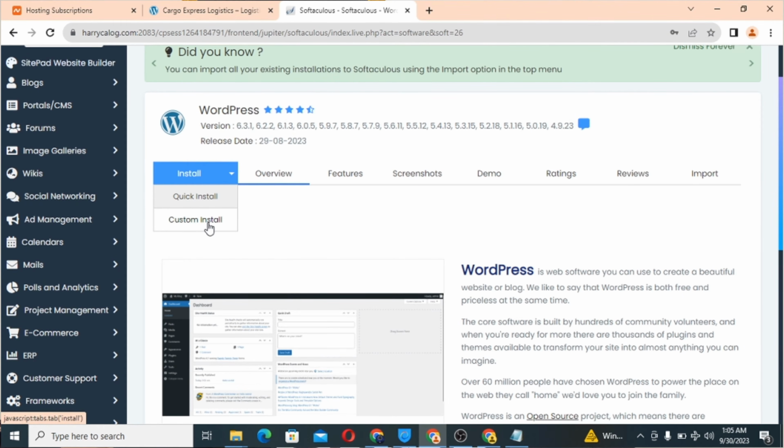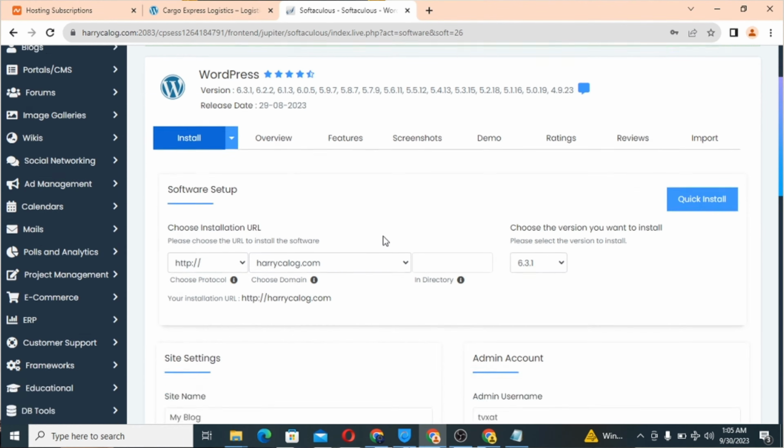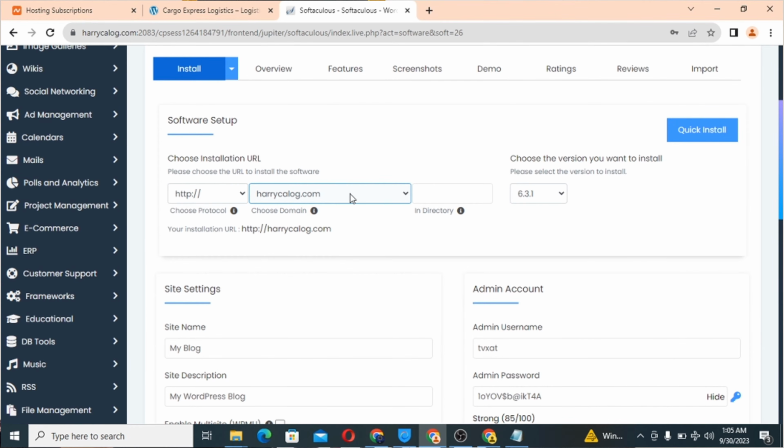All right. I want to install it on my root directory. So I will not put anything here. Let's assume you want to install your website. You want your WordPress to be, let's say, cargomaxidelivery.com/en or /wordpress or / anything. You can now put that in that directory here. But I want to install it to my root folder so that the name of my website will be the root folder, harrycarlog.com, to just open it up. All right, so